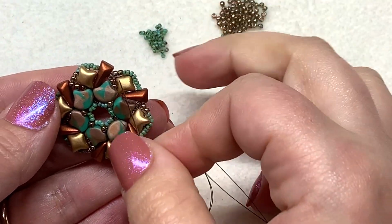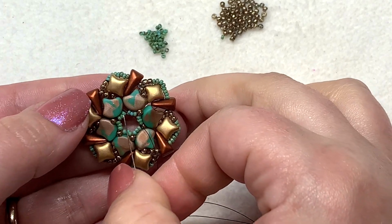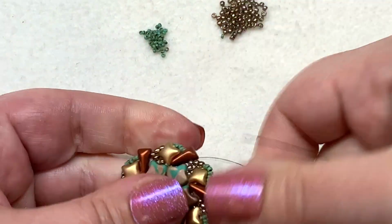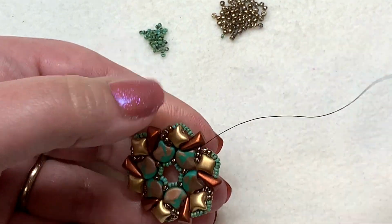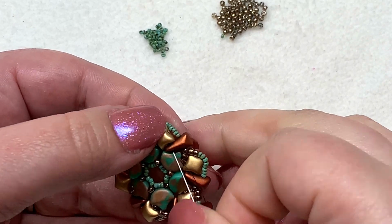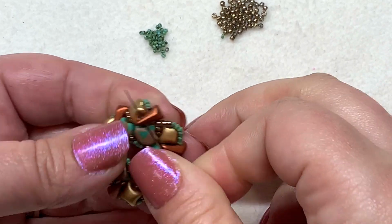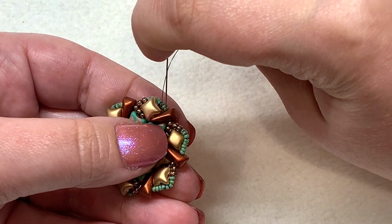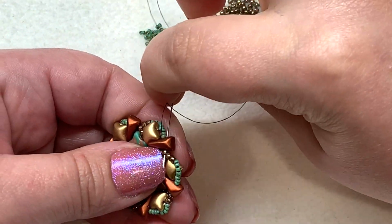And now I'm at the point where I'm just adding in a last 11-0 right there in between the two Ginkgos. Just like that. And then I'm going to continue on by going up through the Vexolo, down through the same Vexolo, through the